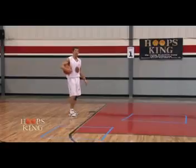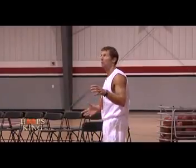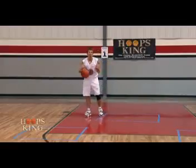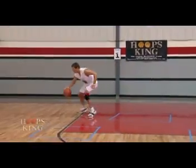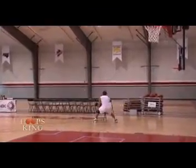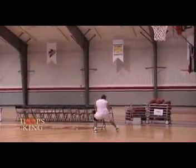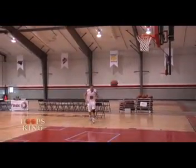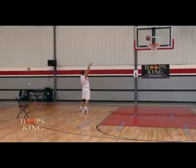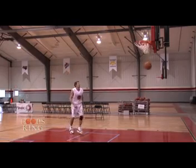What I'm going to try to do here is make 5 out of 6. Still going game speed. There's no room for mediocrity here. As hard as you play in a full gym, when everybody's watching, you must play twice, 3 times as hard in an empty gym when nobody's around. Let's start sweating. Dribble move on the way back. 4. About